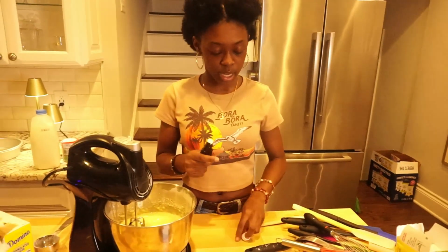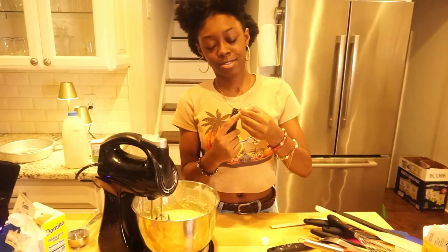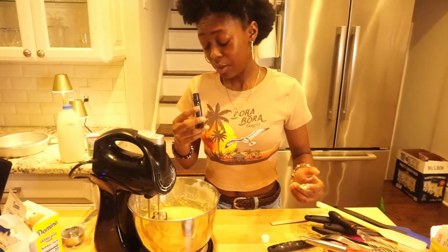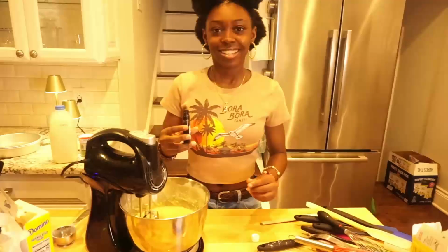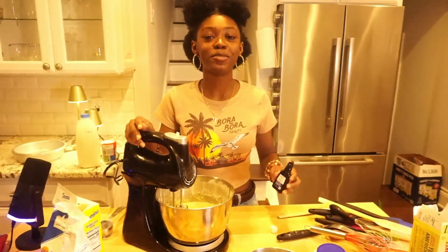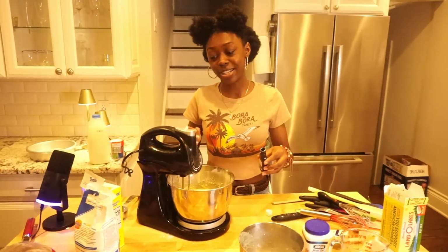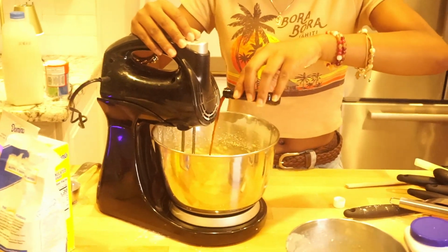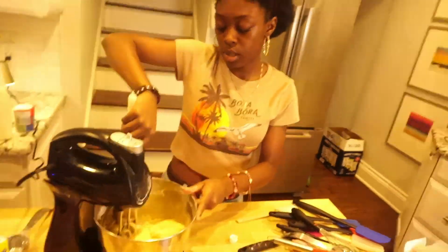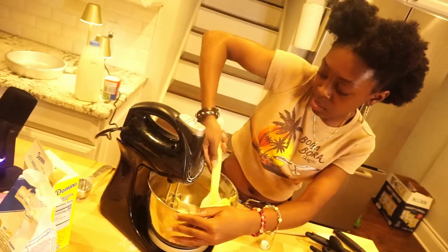Now, they always say, vanilla extract is strong. Don't add that much vanilla extract. But what's wrong with more vanilla? I never understood. Okay, the intrusive thoughts are saying to dump the whole thing, but I'm not gonna do that. I'm just gonna dump it until it feels right. That feels right. We're gonna use spatula number 2 to make sure that all of it is being incorporated into...